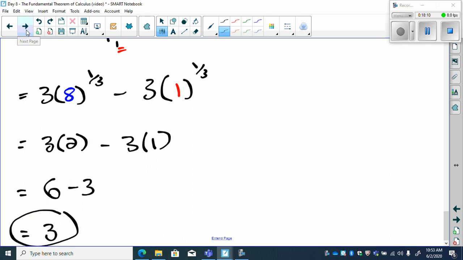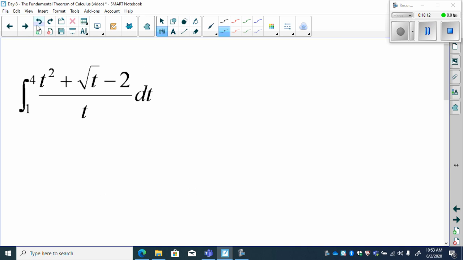All right, let's keep rolling. Here's one, a little trickier, or maybe a little confusing in the beginning because we've got t's in the numerator and t in the denominator. Well, that's okay, because what this is telling me is to actually divide everything by t. So I can rewrite this integral as the following. If I take t squared and divide it by t, I get t to the first. If I took t to the 1/2 and I divided it by t,